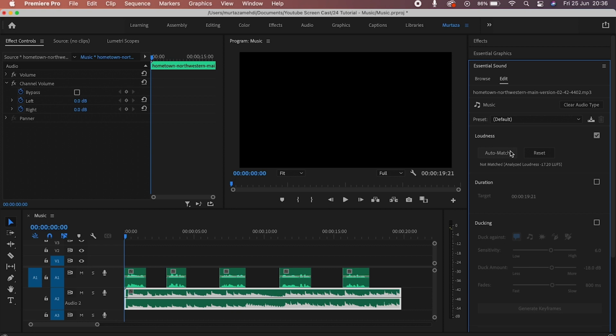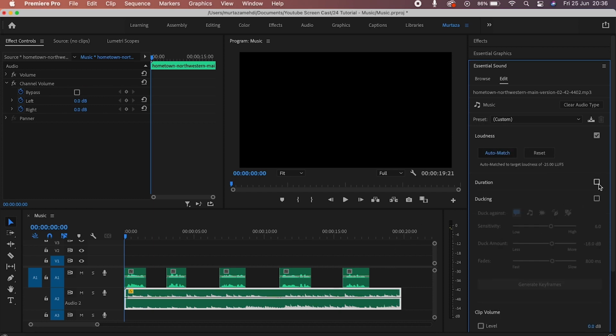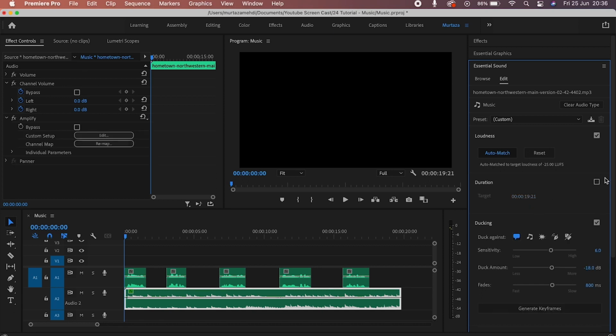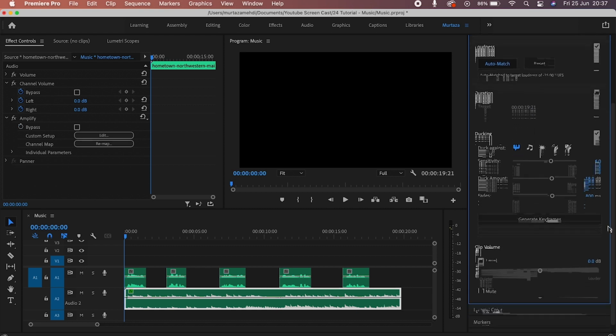So let me click on this audio match button, and you can look at the waveform on our clip that the volume has been adjusted automatically. Then we have target duration, which provides us an ability to specify our desired duration for this audio clip. And we then have this ducking effect, and guys, we have seen this effect in the previous tutorial when we